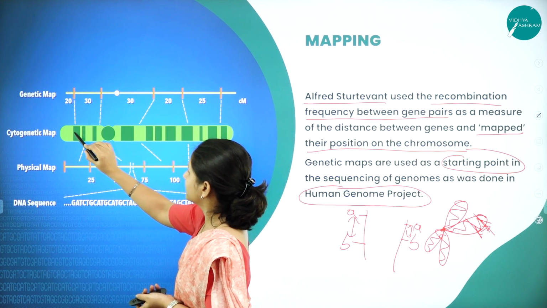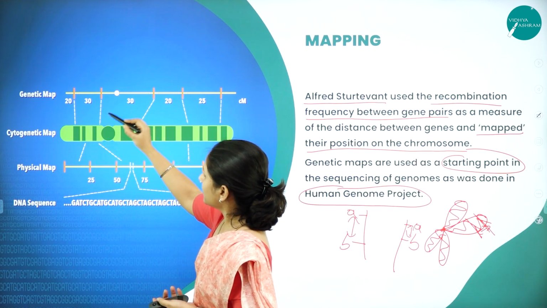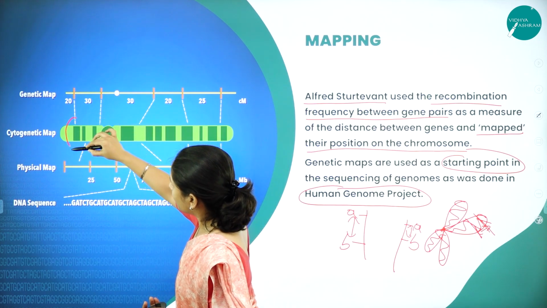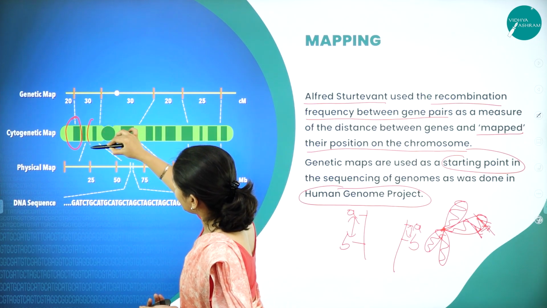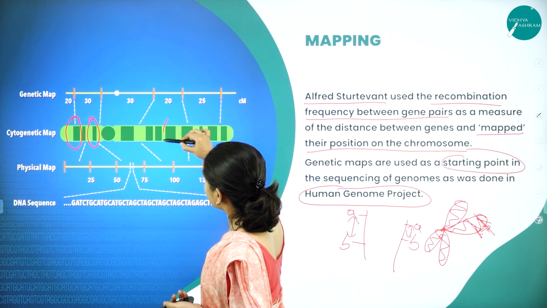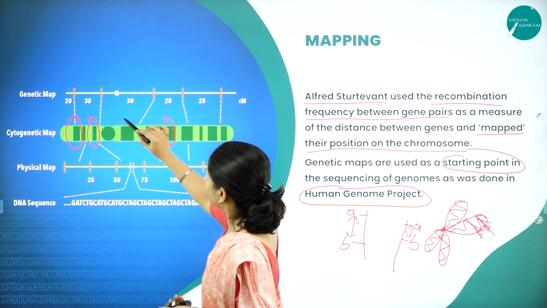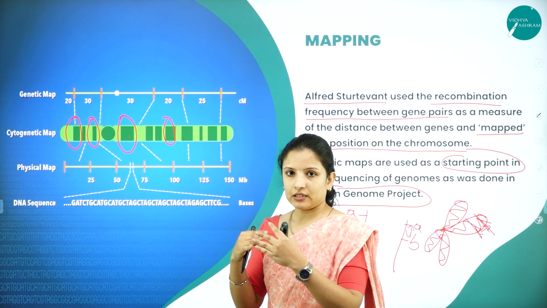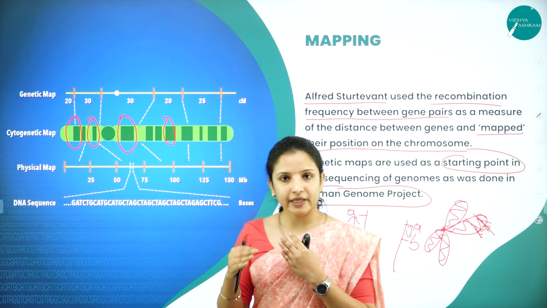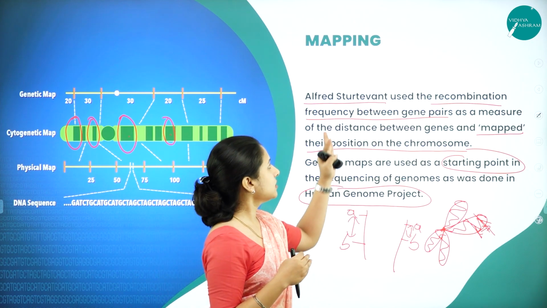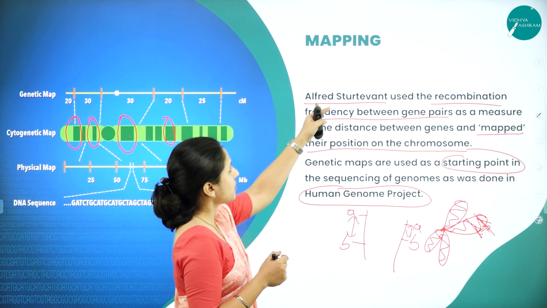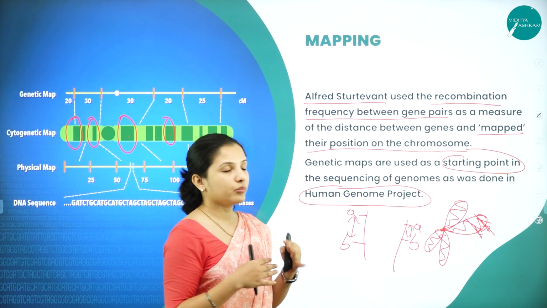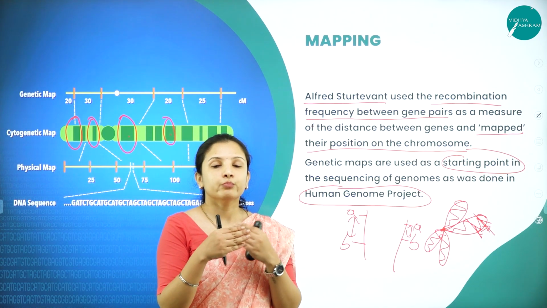You can see here a chromosome with two arms, and the genes are located in exactly which place, whether they are located close to each other or far from each other. All this mapping is done with computer based technology. The credit actually goes to Alfred Sturtevant, who used the recombination frequency to measure